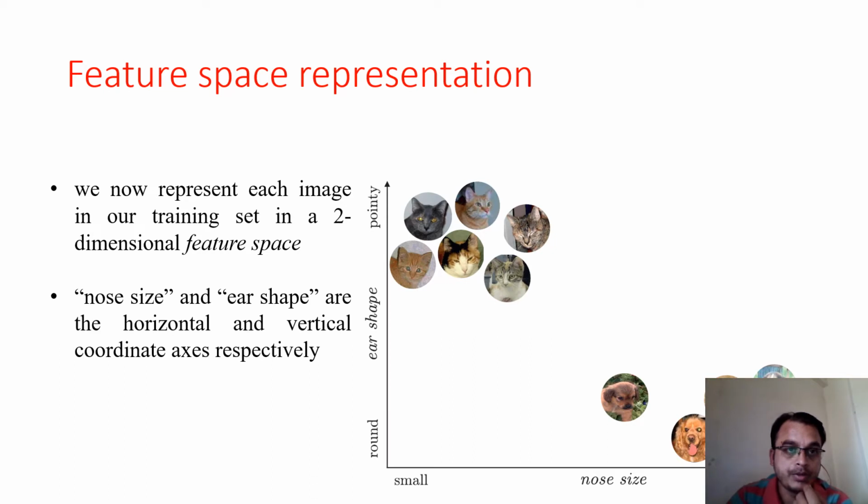Now according to the feature space, if I go into detail, check the size and shape. The x-axis shows the nose size of the animal, and the y-axis gives the ear shape of the particular class. If the nose size is small and the ear shape is pointy, the animals will probably be classified as a cat. If the nose size is big and the ear shape is round, the classification will probably give that as a dog. Okay, so this is the mapping of the feature space.